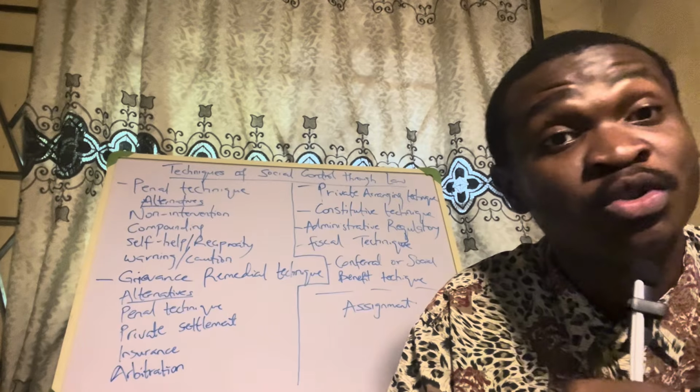So compounding is when you reach some agreement in order for the complainant, that's the nominal complainant, the victim, not to maybe call police and prosecute the whole matter. So that is compounding. You reach an agreement. You killed my son. I would have said let us call police, but this is what you will do, in order for me not to call police for you, or in order for me not to prosecute this matter further. Agreement between them for some kind of compensation and all that.